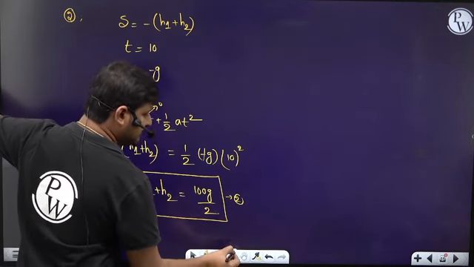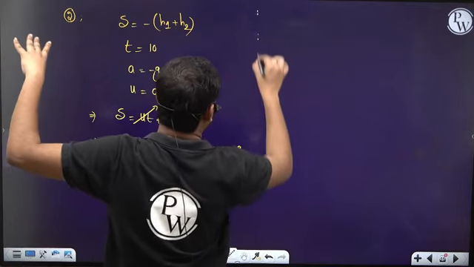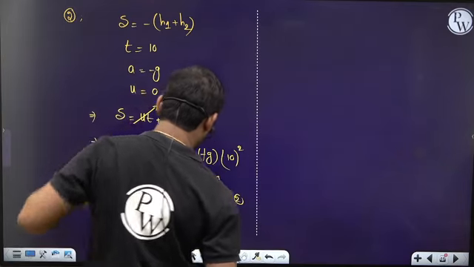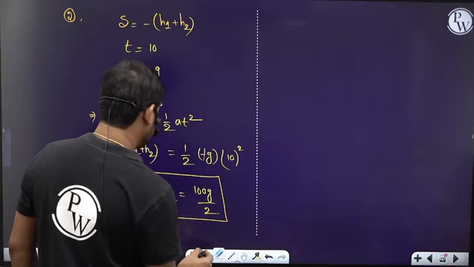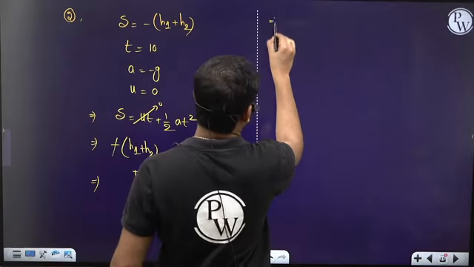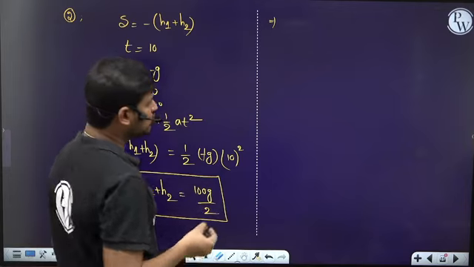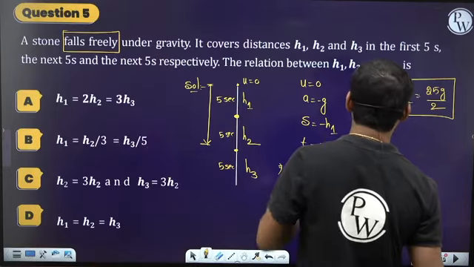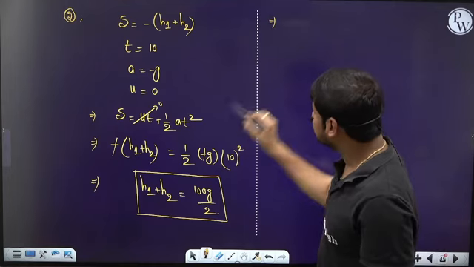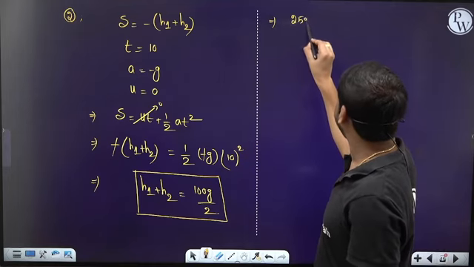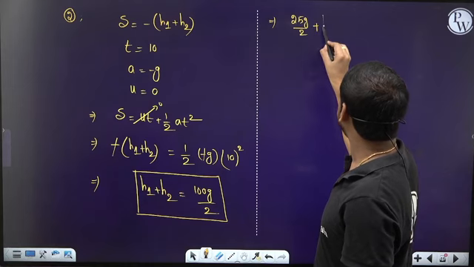Now similarly I need the equation for H3 also. Or else what you do is simply, don't consider this one. Let's write H1 plus H2 is equal to 100 g by 2. Now we already know H1. What is H1? 25 g by 2. So in place of H1, I am writing 25 g by 2 plus H2 is equal to